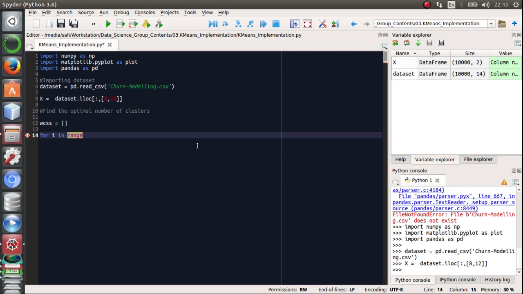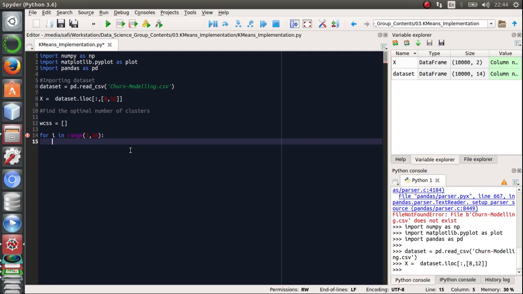For i in range 1 to 16, because the index 16 is excluded from this range. It'll start from 1 and it'll stop exactly at 15. Yeah,